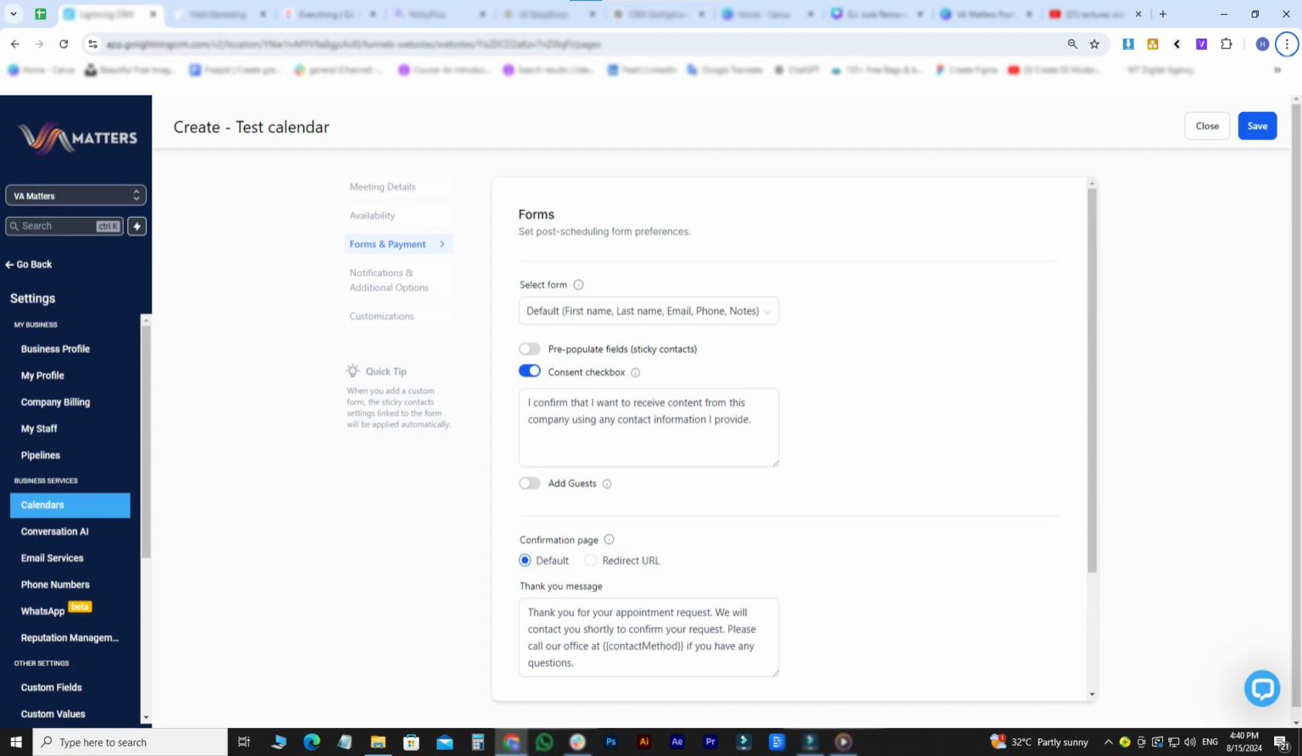You can select a form for the booking widget here. Let's leave it at default for now. You can toggle this on or off. It actually helps in remembering your contact information. And then we have this consent checkbox. You can toggle this option to allow obtaining consent from contacts when they provide their phone number during the appointment